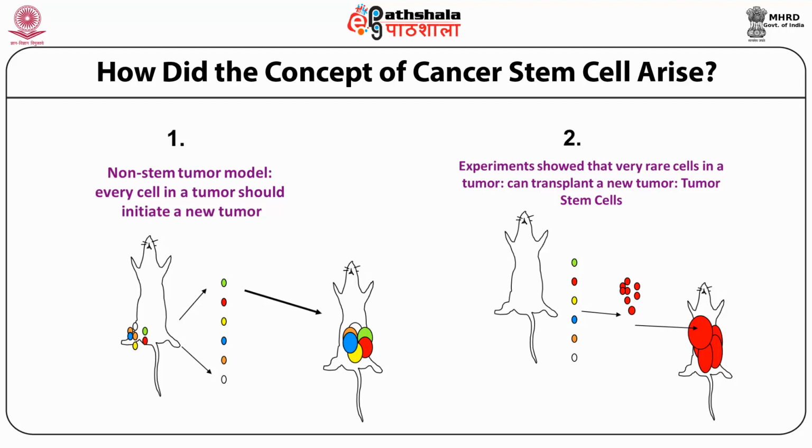However, a series of elegant experiments in blood cancer revealed that not all cells can form cancer, and this is shown in figure 2. As is shown, only a rare cell, for instance here, the red ball, can form cancer, not the other types of cells. This led to the concept that there is a presence of a rare tumor-initiating cell which can lead to the formation of a cancer, and this rare tumor-initiating cell is often termed as the cancer stem cell or the CSC.